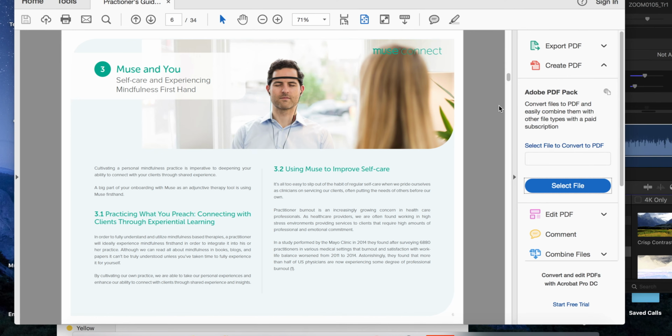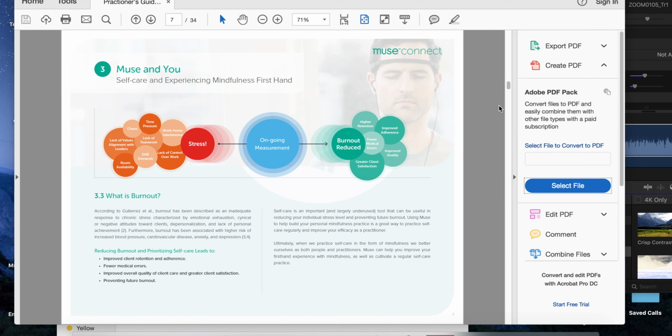you go along. And this next page touches on exactly what I was just talking about, is that providers that are prescribing the Muse to their patients should be using Muse themselves. And this is for several reasons. First of all, they should be familiar with the technology, and they should be familiar with how it can enhance a meditative practice so that they can guide the clients through using the Muse. But also, Muse can help facilitate